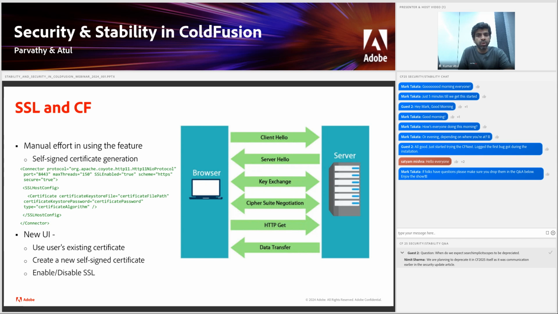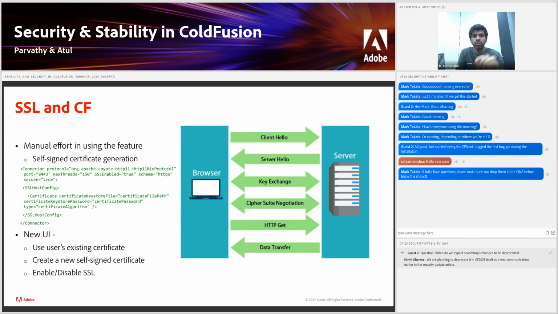For example, if we talk about Tomcat server, you go inside the conf directory. Inside conf, you'll find this server.xml and look for the connector configuration. If it is commented, you uncomment it. And in the SSL host config section, you provide all the details. So here you can see the details like certificate file path, key store password, and key store algorithm have been